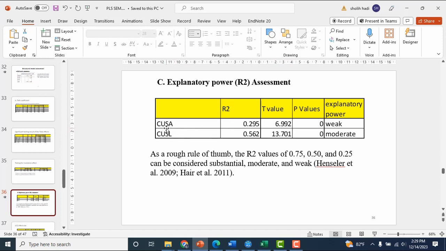The R square for the JUSA is weak because the R square is only 0.295, but significant. But for JUSL it is moderate because the R square is 0.562. We can see here the reference for the R square.